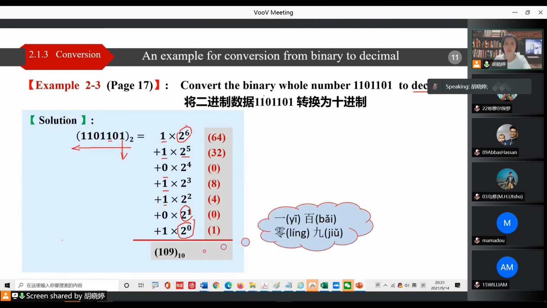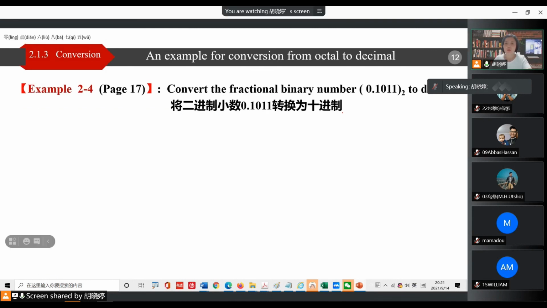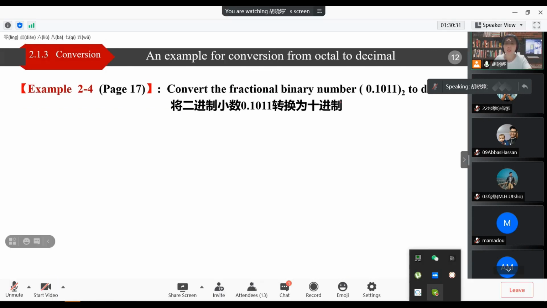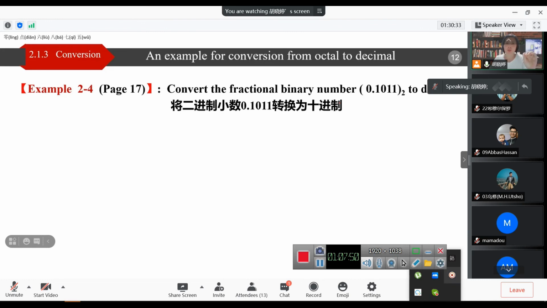Here I gave you an example about integers. For a fraction it is the same, but its weight is different from the integer. So for example,